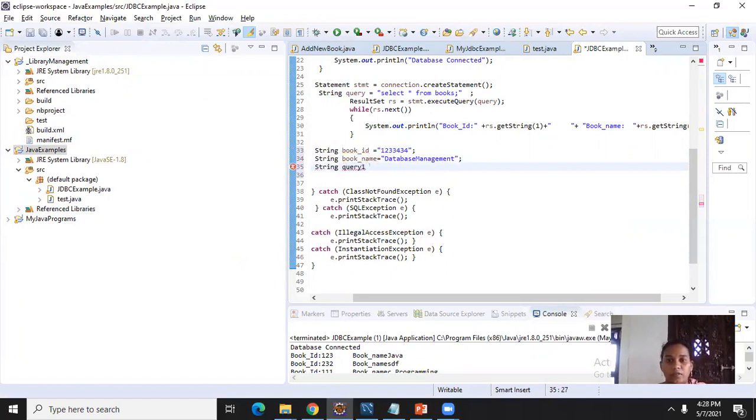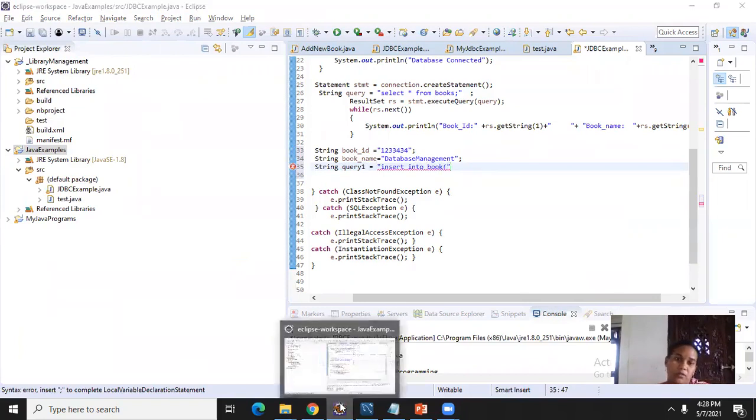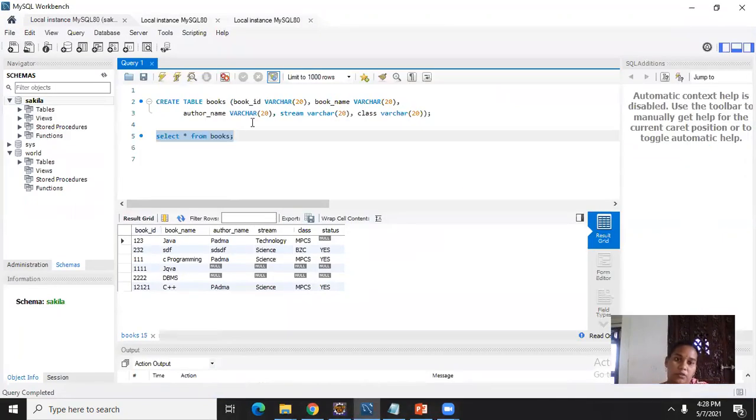Query 1. The query object is already there, so I am using query 1. Query 1 is insert into, table name is books, and which fields I am using. These names must be the same as these names.